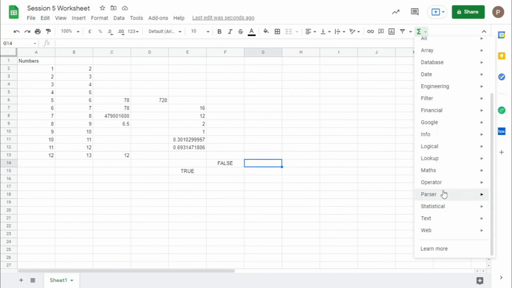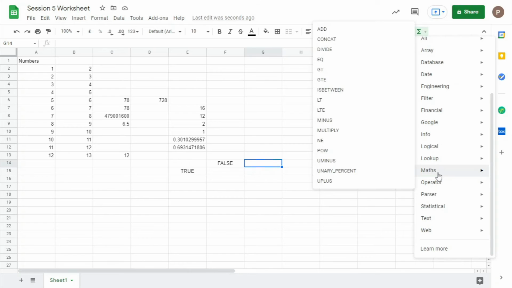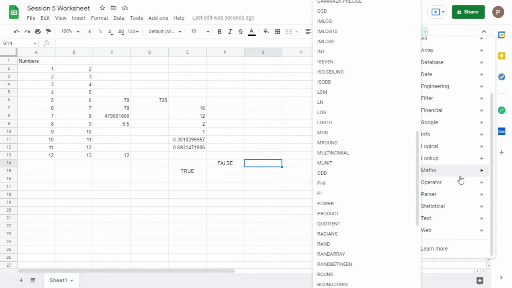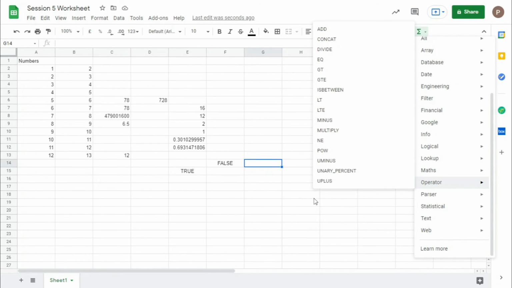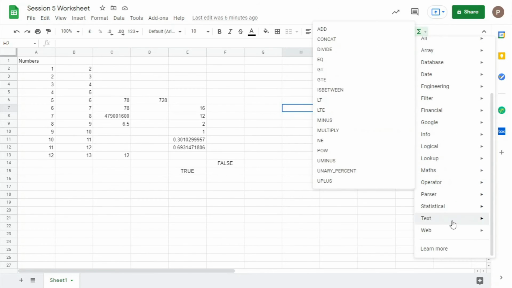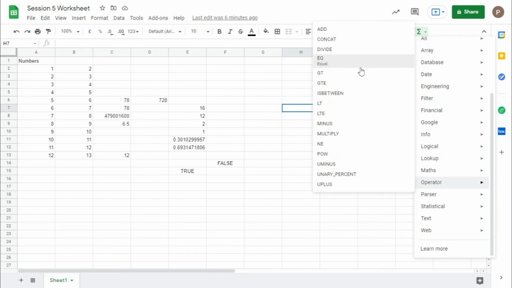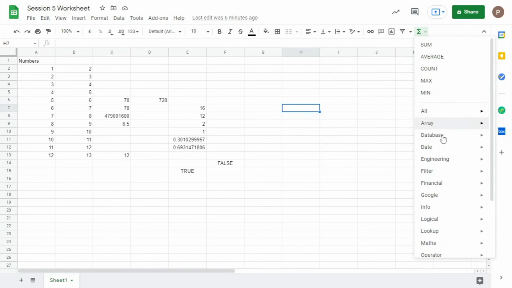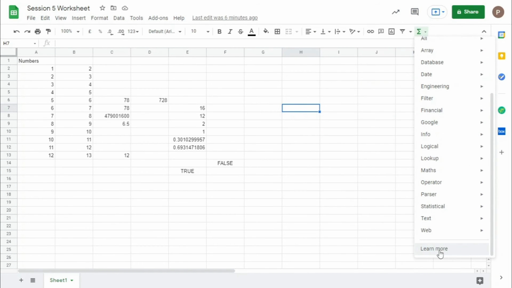You can even check what all the functions are in here. You have ADD, CONCAT, DIVIDE, EQUAL, GREATER, whatever; these are all functions for two operators. One more thing is, remembering all these functions is very difficult. That is why this function dictionary is there, which has the list of all functions, and by clicking it you can directly get the function.